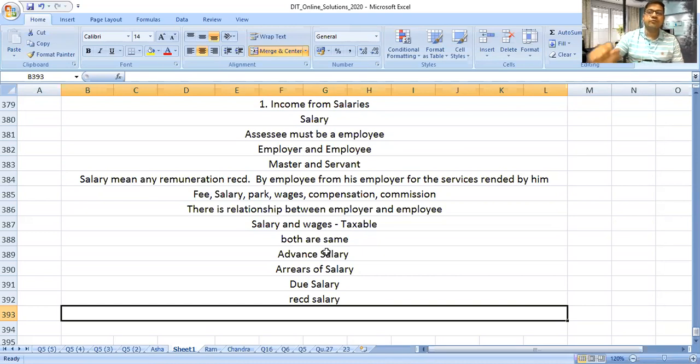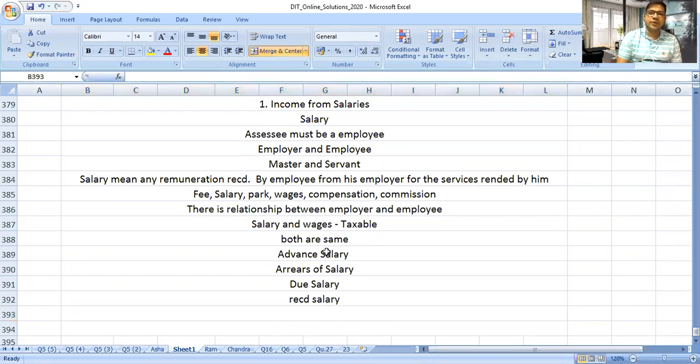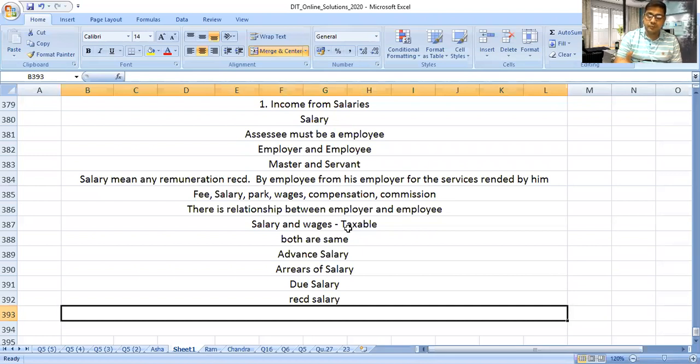And if you receive salary from a future employer, for example some companies take campus interviews and provide next year's salary in advance, such salary will be taxable. Because if you receive this salary from a future employer, present employer salary is also taxable, and if you receive it right now it is also taxable, and past employer salary is also taxable. The salary is taxable on receipt basis, due basis, and advance basis also. I hope you understood what is going on. Okay, now next is